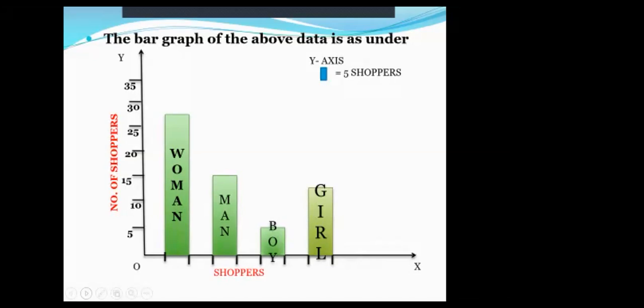Student: Ma'am, the width of the bar and the gap between the two bars, like the width we took for the women bar, do we have to take the same width between women and men, or can we take a different width? Teacher: Beta, equal gap. If here you have taken a gap of 1, the gap should be of 1. If you have taken a gap of 2, you have to take a gap of 2. And it is not necessary that the gap is as much as the width of the bar. For our convenience, we do it like this: one bar we leave, then one we draw, then one we leave, one we draw. Either we can even leave two and draw one, leave two and draw one, depending on our data. Okay, ma'am.